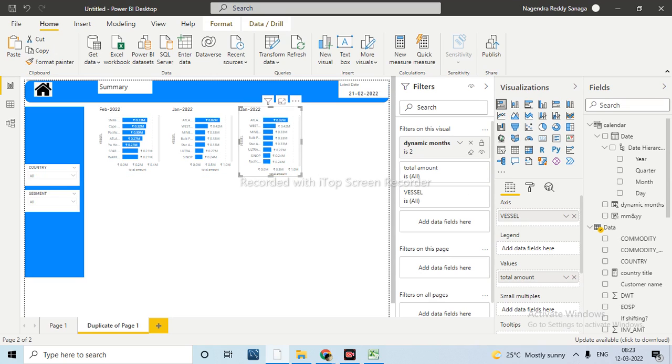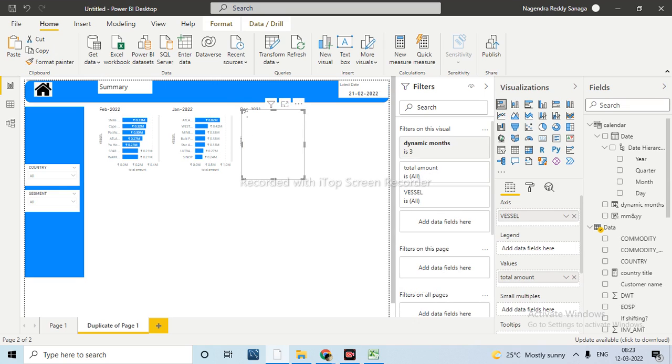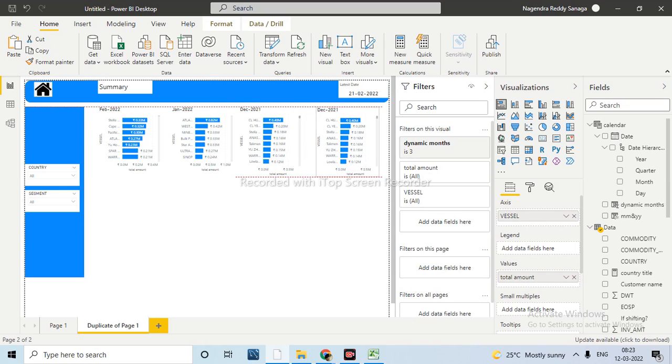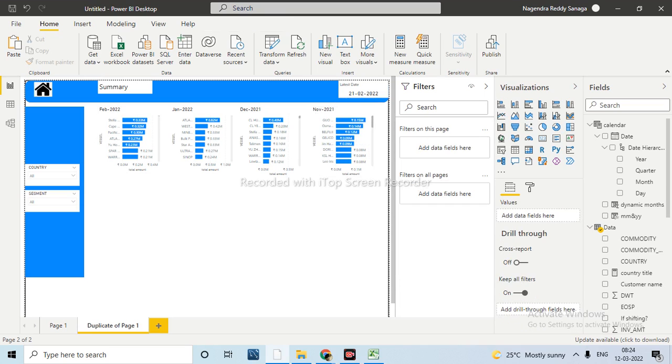This one will be the 3. See, automatically the months and amounts, everything is changing up. We are not changing anything. Now let me make this one.